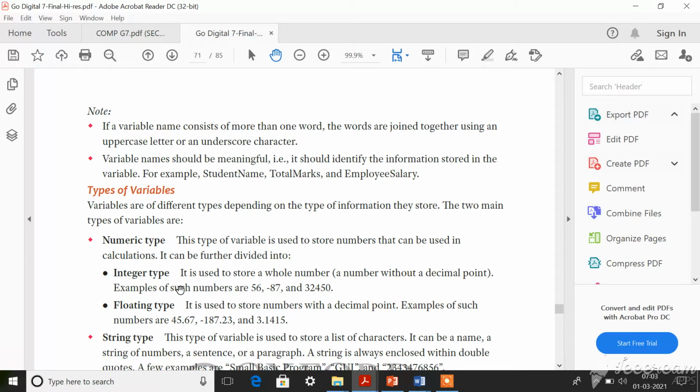In simple terms, numbers with a decimal point are called floating type, and numbers without a decimal point are called integer type. Understood? So both integer and floating type come under numeric type variables.